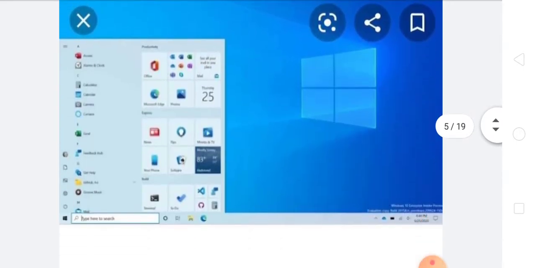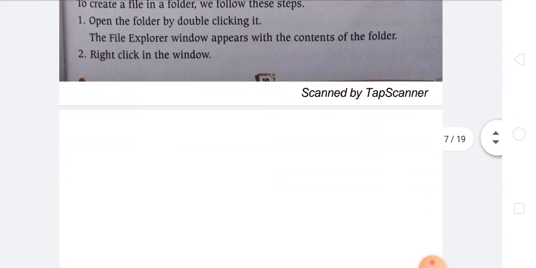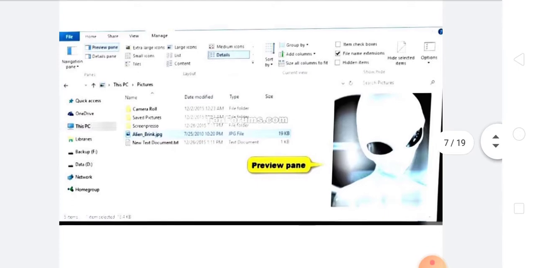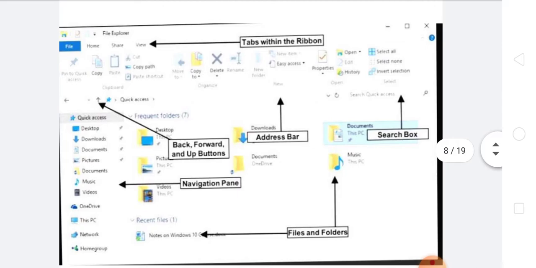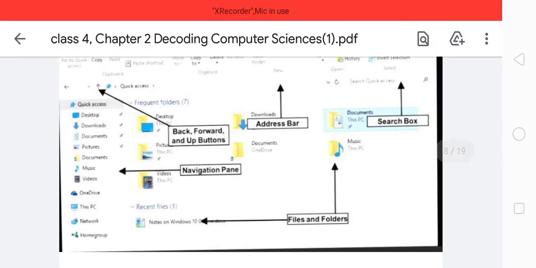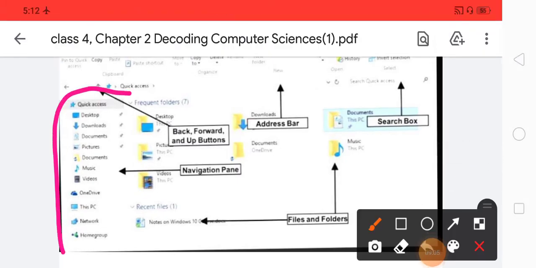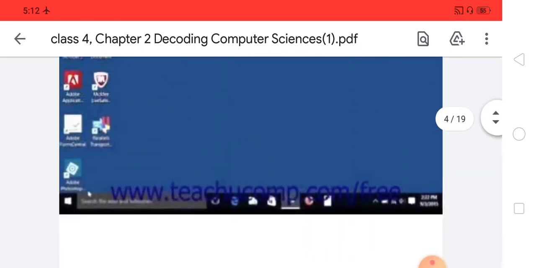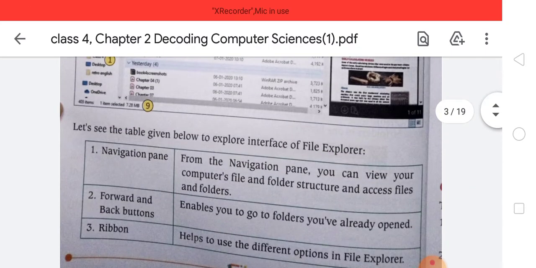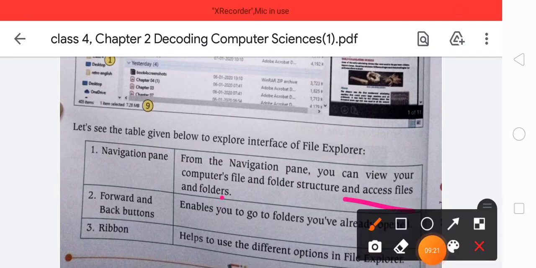Here you can see this one is the example of the navigation pane, and here you see, view your computer's file and folder structure, access the files and folders.